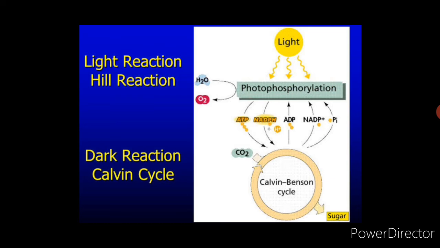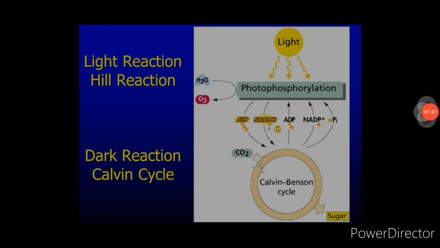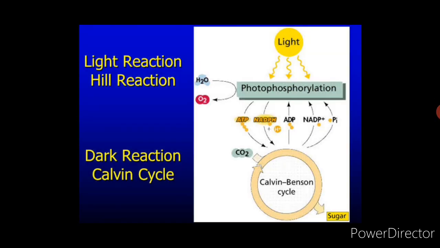So the input here will be only the carbon dioxide, and it uses the products obtained from the light reaction, and the entire process of the light independent reaction takes place. These two processes are interlinked because the products of the light reaction are used in the Calvin process by the absorption of carbon dioxide, and the end product will be glucose, water, and the release of oxygen takes place.